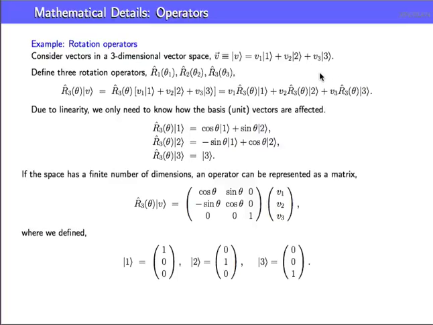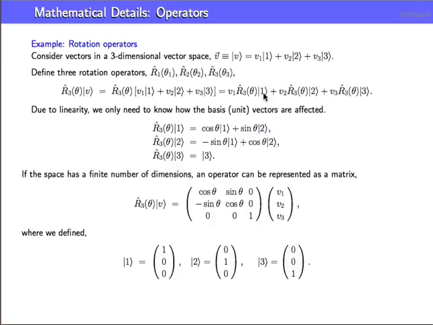So we want to define three rotation operators about each of the axes. We'll call them R1(theta 1), R2(theta 2), and R3. And that will take the vector and rotate the vector. We'll think of this two different ways. But again, for example, rotating about R3 by angle theta on V, we just operate through, and since it's linear, rotations are linear in this sense,